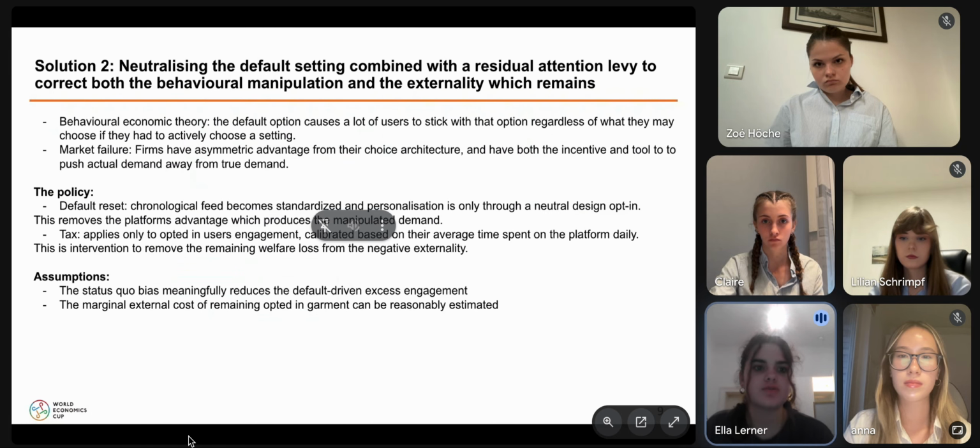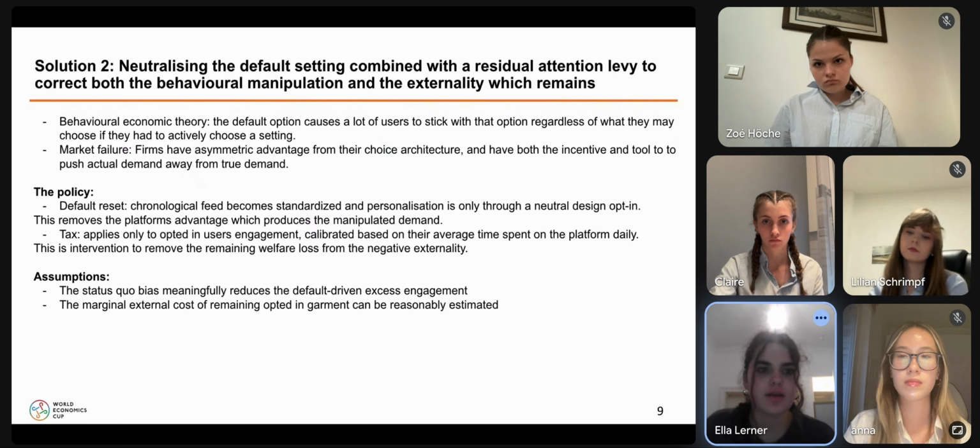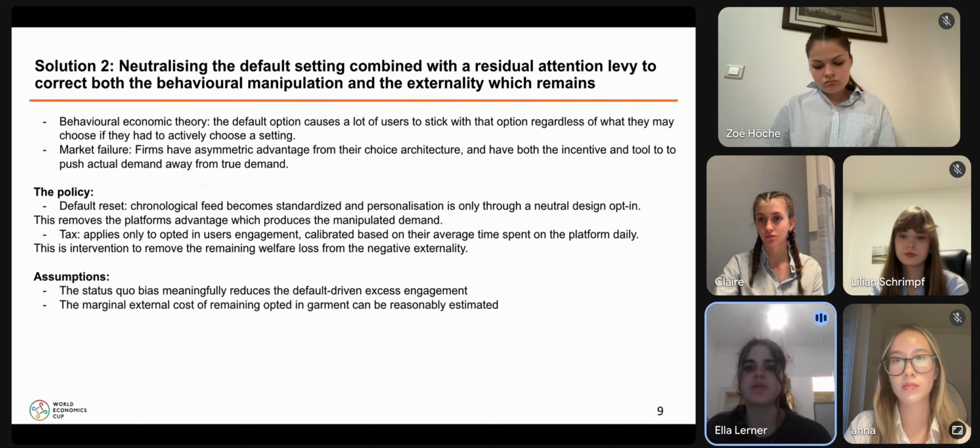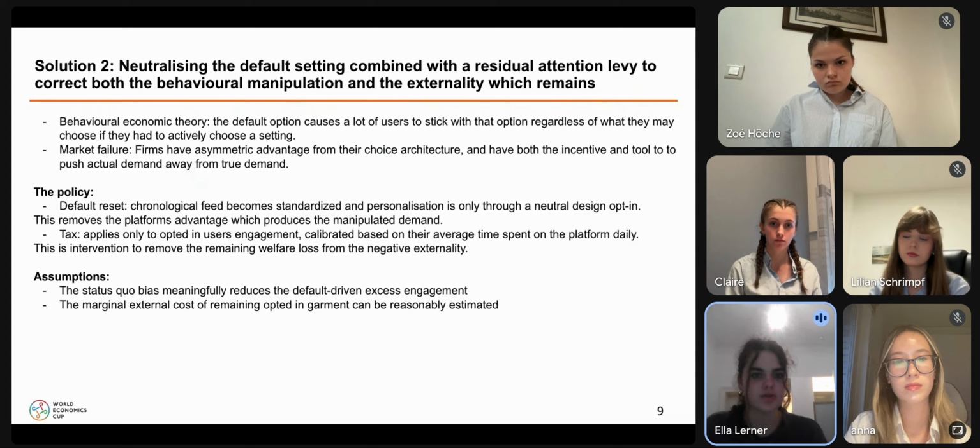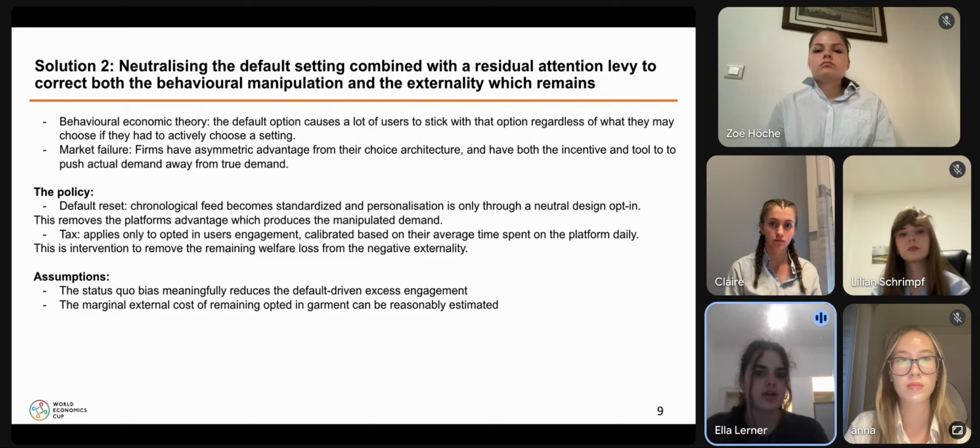Solution 2 is neutralizing the default setting combined with a residual attention levy, to correct both the behavioral manipulation and the externality which remains afterwards, which aligns with the BMC from the case study. Economic theory assumes that demand reflects what people actually want. However, the social media platforms propose a default, the personalized algorithmic feed. This produces an engagement level which is not deliberately chosen by the user and is a manipulated choice architecture, which is the targeted content with which users automatically engage from this algorithm, and is higher than the user's